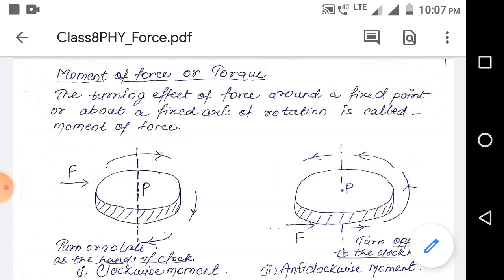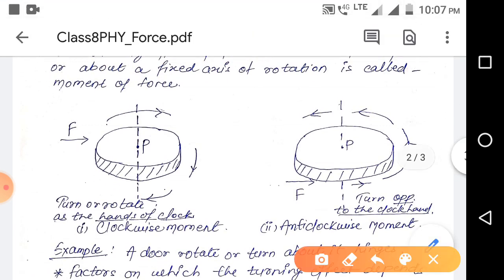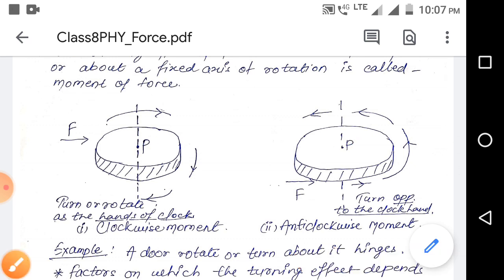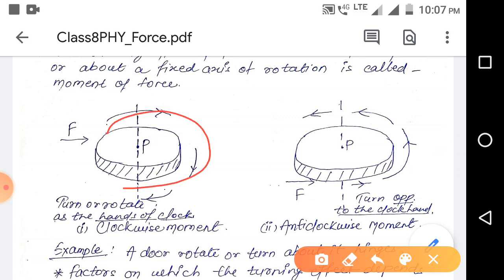Now see these two pictures. Those are two coins of carom. Suppose we are considering those two as coins of carom, which are fixed at the central point P. Both the coins are. That means whenever force is applied, the whole coin does not move, but the different points start to rotate about the point P. Okay, so for the first figure, the force is applied like this. Now see, the coin will start to rotate like this, about this point P, or the axis that passes through the point P.